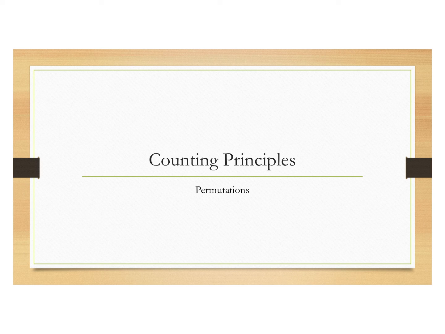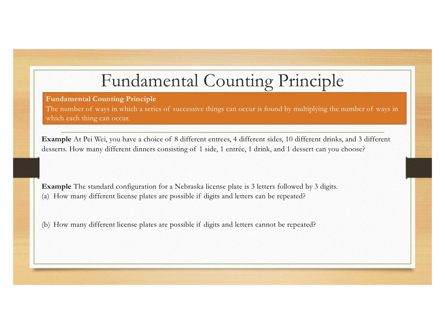Today we'll be talking about counting principles. So when we refer to the fundamental counting principle, here's what we are talking about. This is the number of ways in which a series of successive things can occur by multiplying the number of ways in which each thing can occur. Okay, so what that means, if we look at our first example,